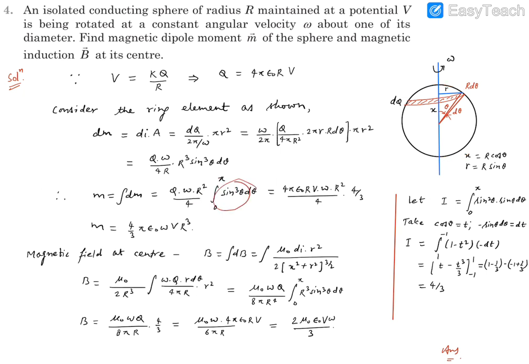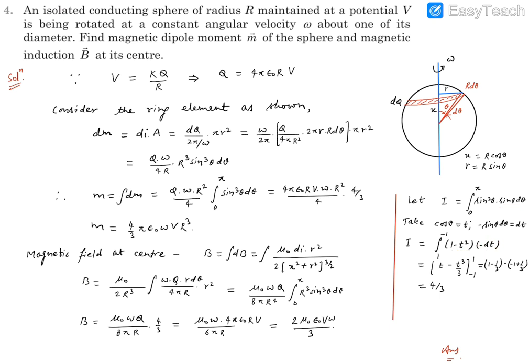Now this integration is going to be calculated separately. Let's say that value is I for integration, and sine cube can be written as sine square theta into sine theta. You must be knowing how to integrate these numbers, and if you don't know, you can follow this. You can have a substitution method like cos theta is equal to t. Why are we writing cos theta? Because we can write this as 1 minus cos square theta. So you'll find minus sine theta d theta will become dt. So this integration will become 1 minus t square, because 1 minus cos square theta, and sine theta d theta can be written as minus dt.